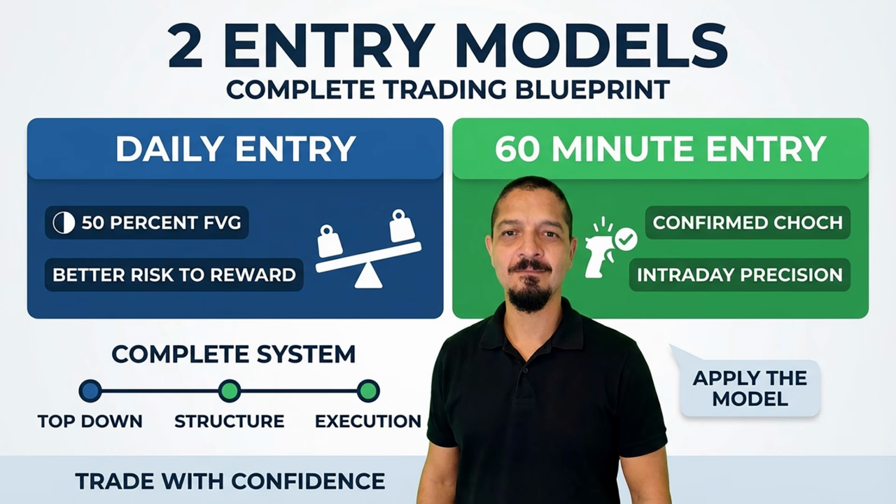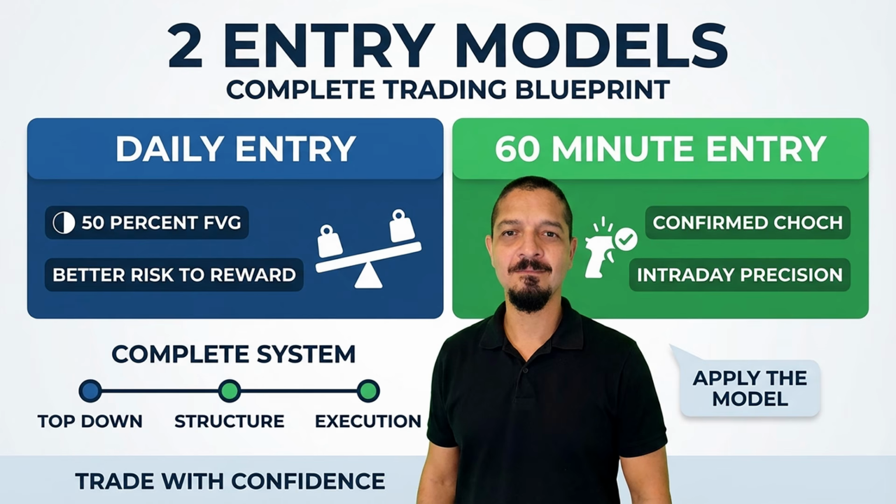Inside this study, we will also build 2 practical entry models. The first is a daily-based entry that reacts to the 50% level of the fair value gap and focuses on favorable risk-to-reward conditions. The second is a 60-minute entry that waits for a confirmed change of character before positioning, providing a tactical option for intraday alignment. By the end of this video, you will have a complete multi-time frame blueprint and 2 entry methods you can